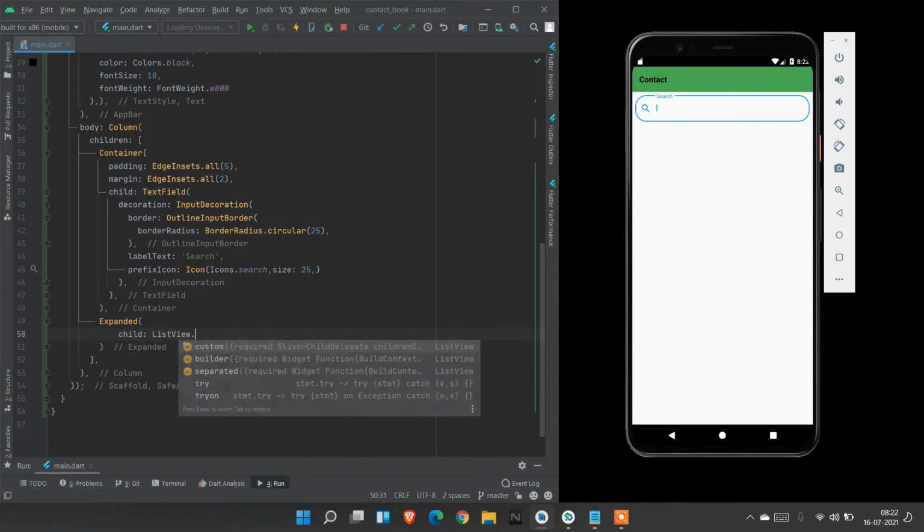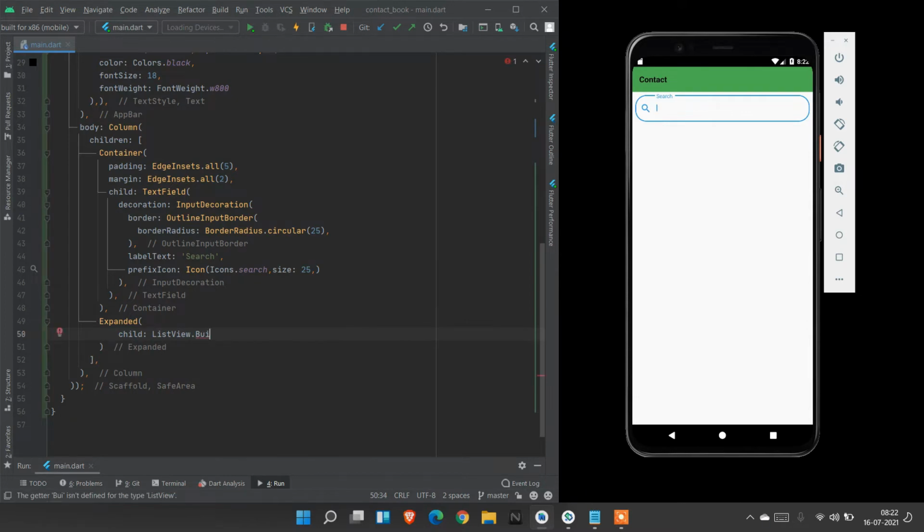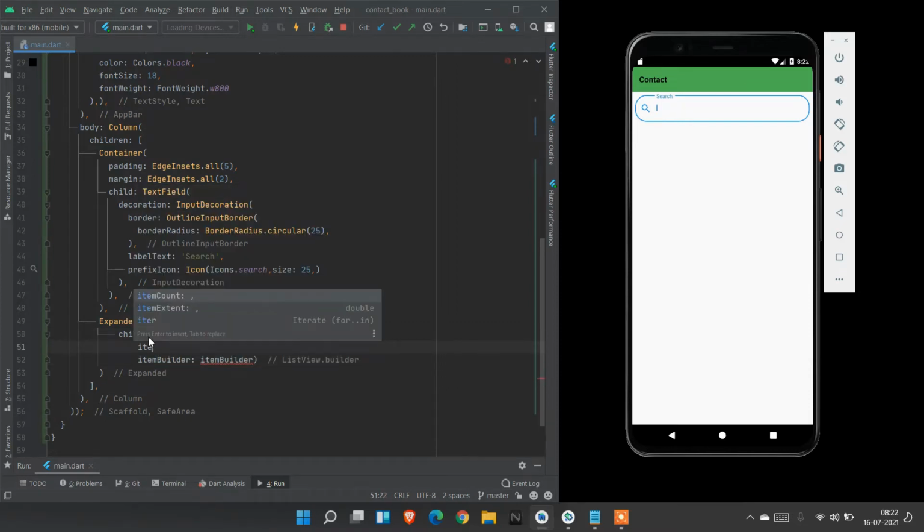ListView.builder, and we need to give itemCount, items.length.